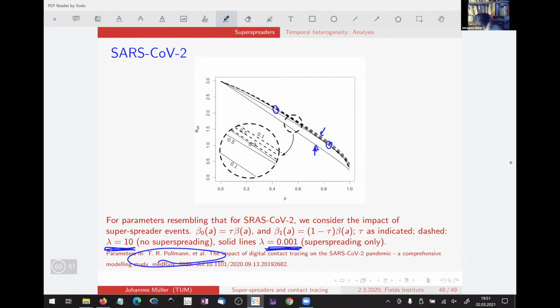Only if we have a lot of superspreaders and most cases are superspreading, then we approach a little bit this linear structure we have seen. But what we can say is that the influence of contact tracing on superspreading in the setting of SARS-CoV-2 seems not to be too important. Of course, one has to be a little bit careful in the interpretation, but it doesn't seem to be decisive. So it's not really a big disadvantage nor a big advantage, I would say.